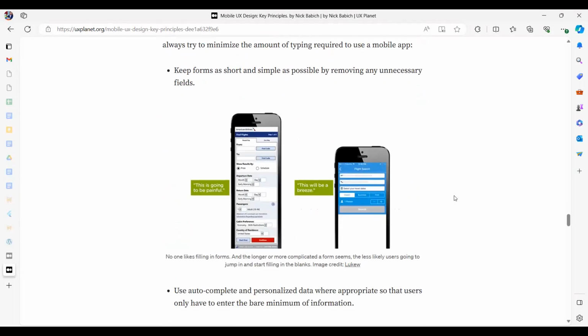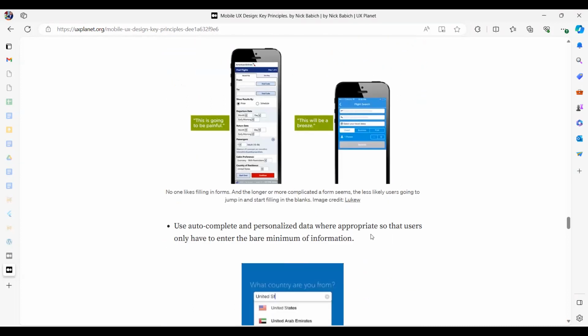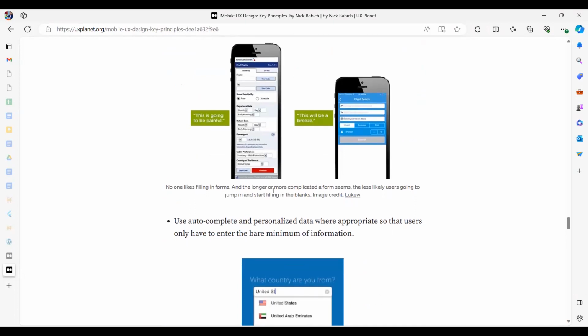And minimize typing. Now, okay, this is a bad example. The form is so long, very, very long form. Whereas if you can cut down the form size, where you can say, go next, save this part, go to the next form, that way your form looks much better. Actually, it will be more useful than filling a long form and then saving it.